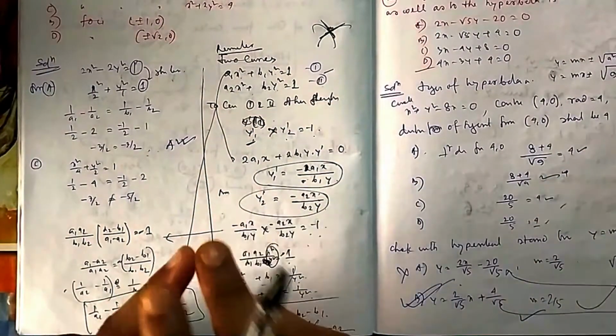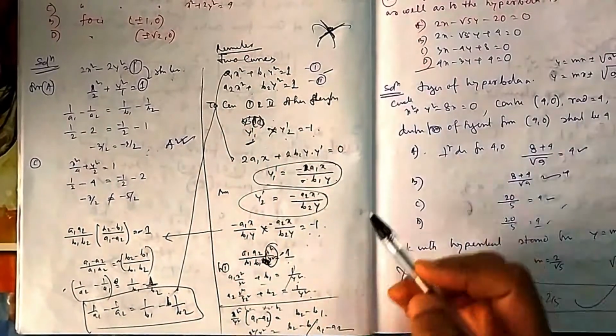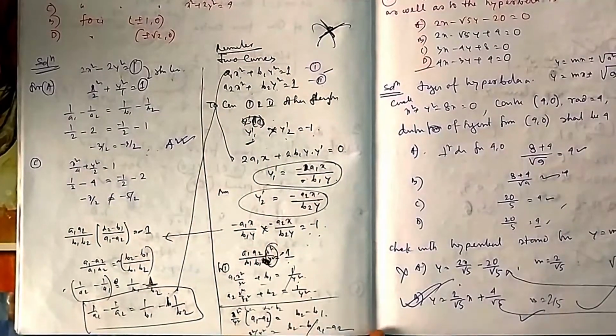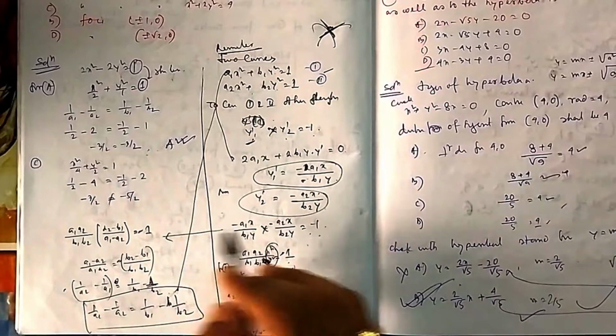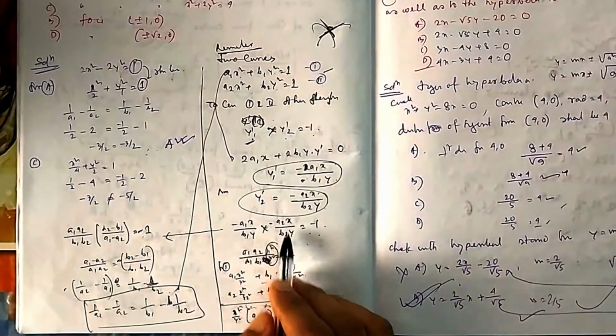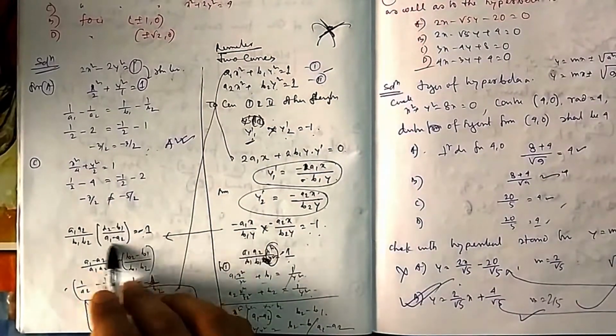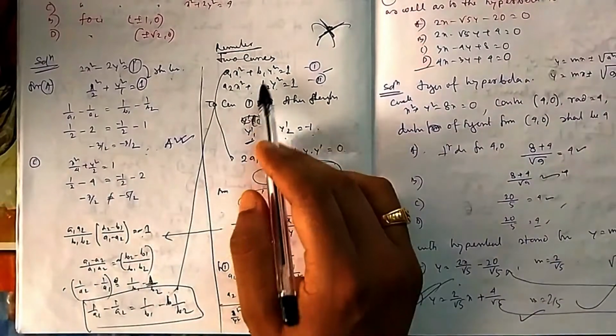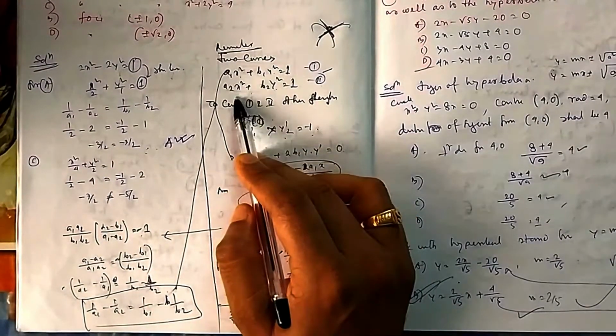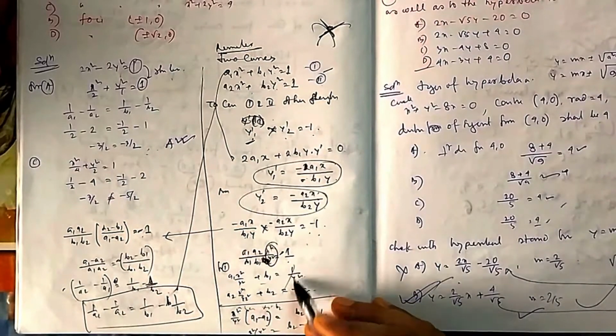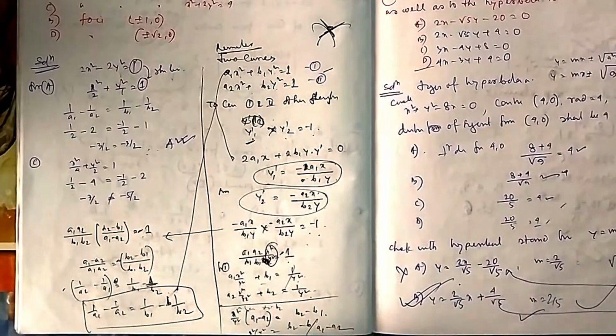To cut orthogonally, there should be a relation between a1 a2 and b1 b2. So if you calculate x square by y square equal to this one, and put it in place of x square by y square, you will get something of this fashion. This is x square by y square. How have I done it? Dividing this one by y square, dividing this one by y square, then you subtract, this y square will get cancelled, and you will get x square by y square.